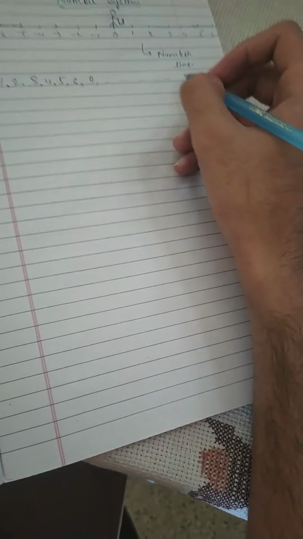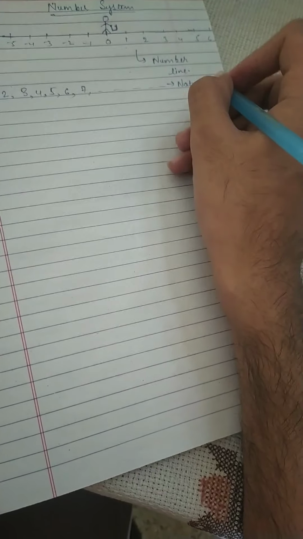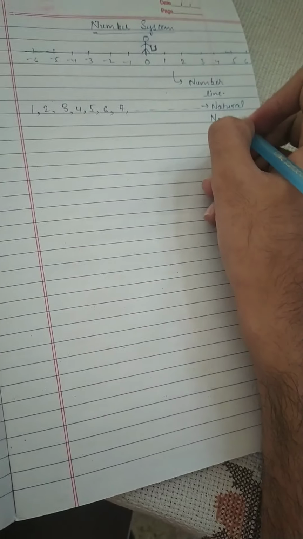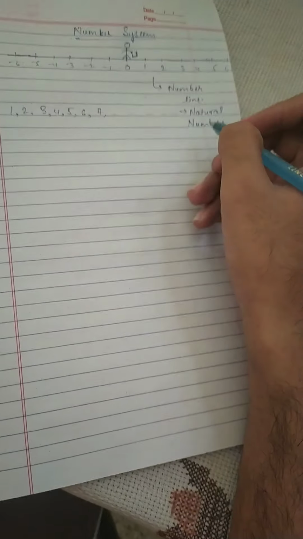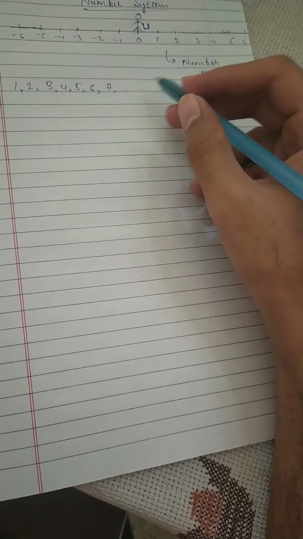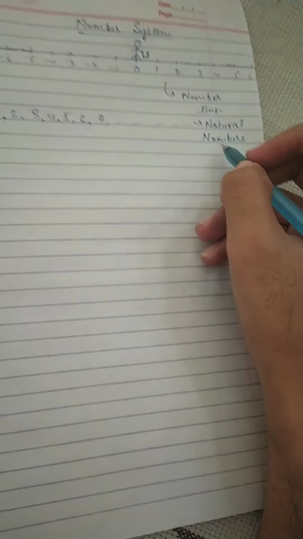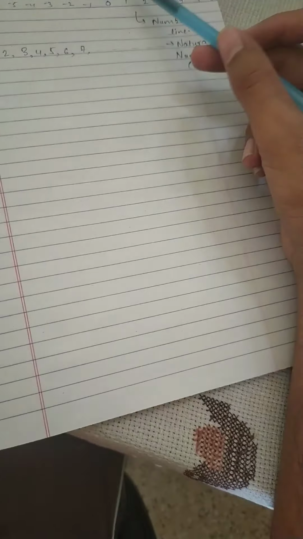So what are these numbers called? These numbers are called the set of natural numbers. We can say the set of natural numbers is represented as N. Okay, now